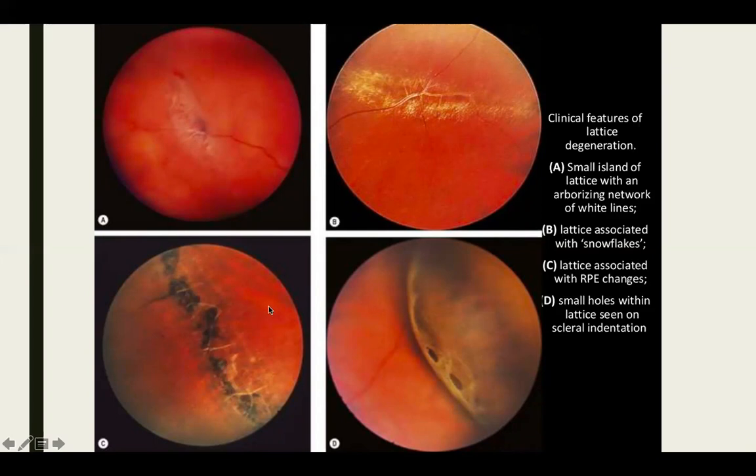Let's suppose this is the normal area where the vitreous will be loosely attached, but it's very strongly attached to this area. Now, if the normal posterior vitreous detachment mechanism starts, what will happen? It will be detached easily from here, from the normal retina, but because of the strong attachments of the vitreous to the lattice degenerations, when it detaches from here first,